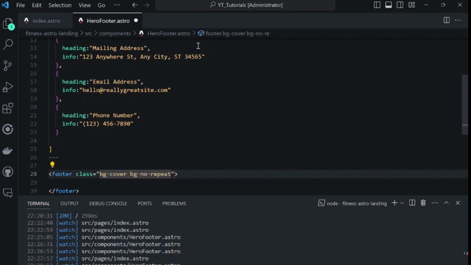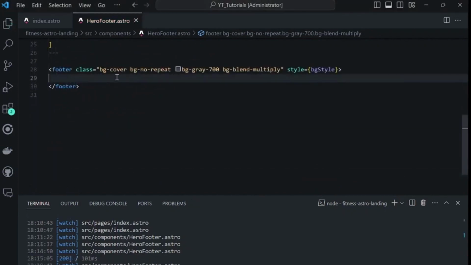bg-no-repeat and bg-gray-700 and bg-blend-multiply. And we'll also give it style, and we will put it in curly braces and say BG style. Okay, so now that we have the style, what we're going to do, we're going to add a H1 in